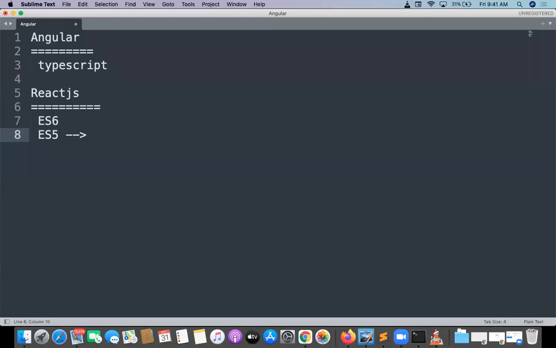ES6 features. What are the different kinds of ES6 features which are going to be available in JavaScript? There are some restricted rules which are going to be available as part of ES6, like the class concept, the for of loop, variable creation with different keywords, and the spread operator, some new operators, and one more thing, array destructuring and object destructuring. Some new features became available. We will go through all the features today.